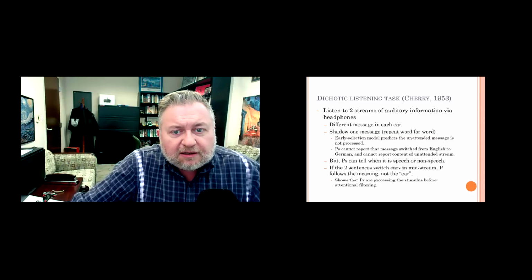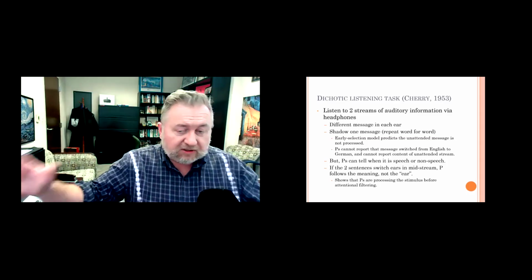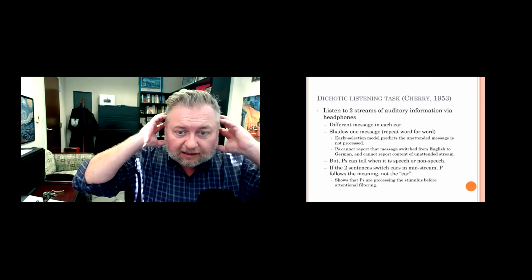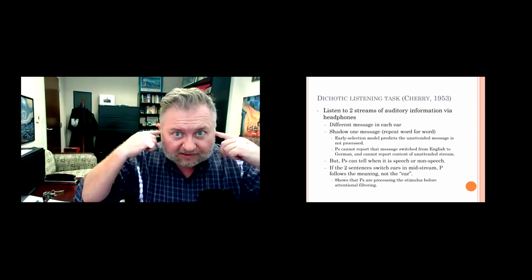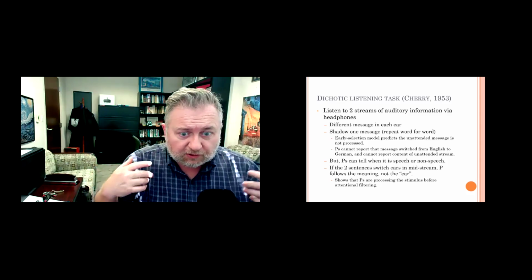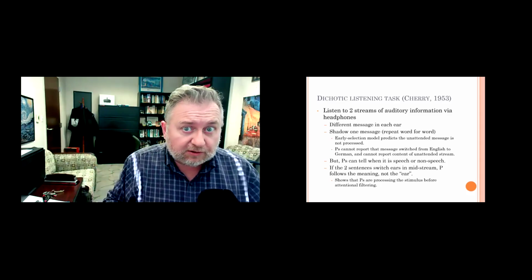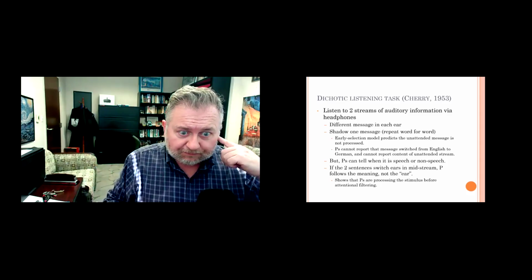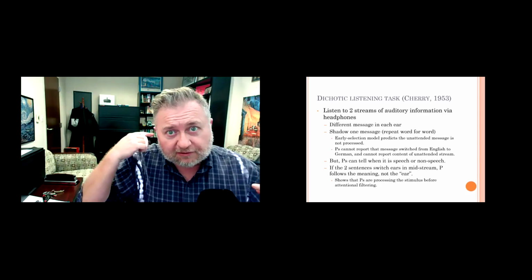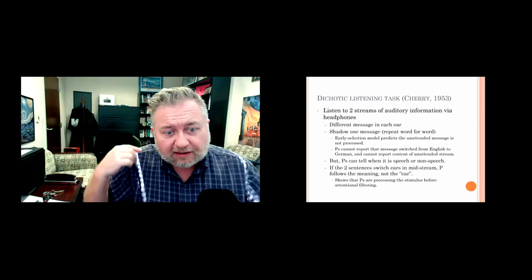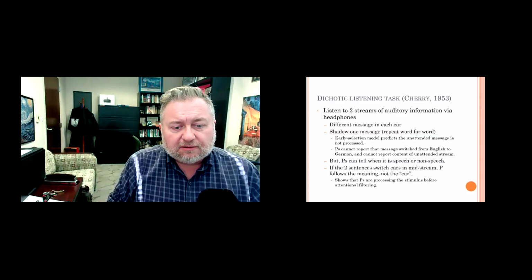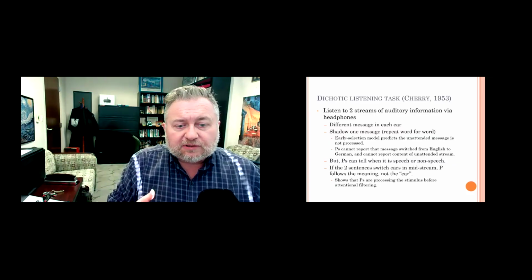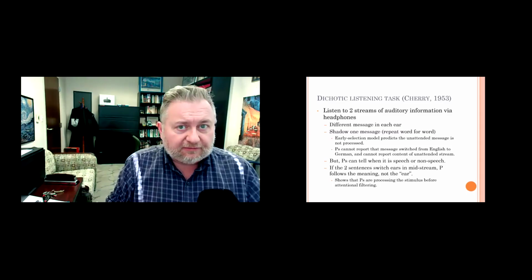Dichotic listening means that we're going to put some headphones on, and we're going to have two different messages, one in each ear. Sounds kind of weird, right? So you're going to hear a recording of someone speaking, like they're reading from a book in the left ear. Meanwhile, you're going to hear a different voice reading from a different book in your right ear. And your task is you're told to shadow the message in your left ear, right?